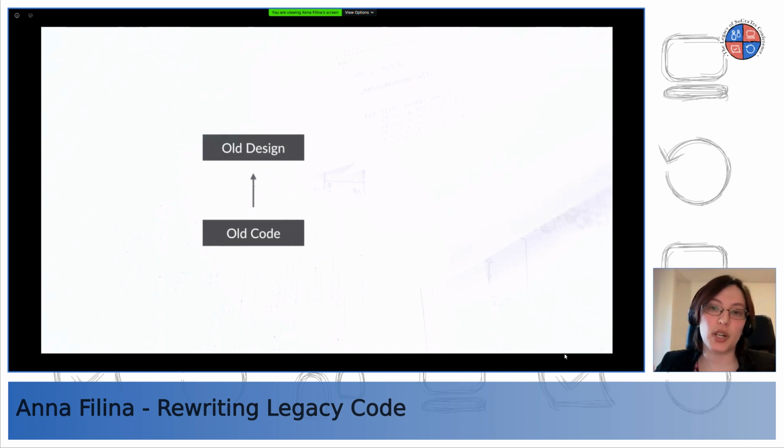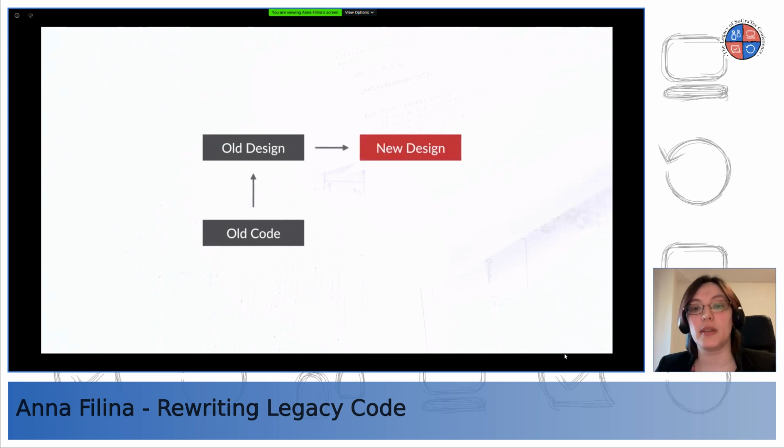And then you go to your clients and whoever signs off on the features, and based on their understanding of what the features need to do, you can come up with a completely new design. At that point, you can completely discard the old design. And from the new design, now you just need to write new code and make sure to integrate it into the same flow, and you're good to go.